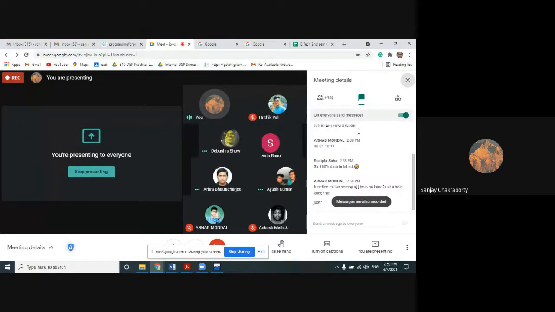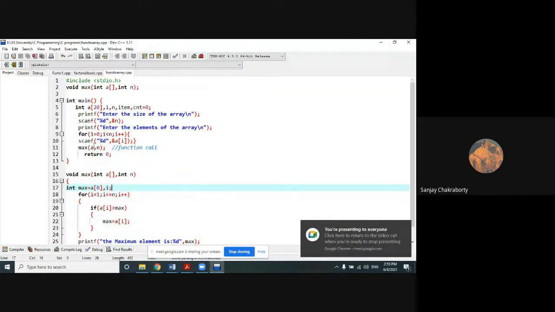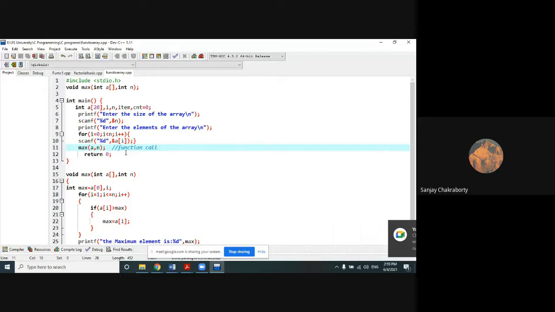That is the rule. Look, this is the way that in case of a function call, you don't need to give the bracket, because while you give the bracket, then it's a problem to understand, right? So this is actually a structure of how we can pass an array. Always you'll have to pass an array with the help of the array name only. While you are calling the function with the array name only, you cannot give any kind of size or any kind of bracket, because you are passing the size separately, na? This is the way. The size you pass separately, separated by a comma.